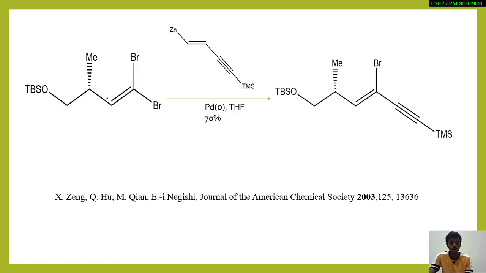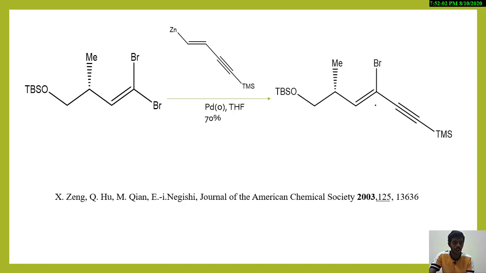This is the starting material. See this, the bromide will be removed here. In the presence of bromide, this alkyne will attach here, and this will couple to the starting material, and thus the coupled product will be obtained in the presence of zinc bromide. Here the zinc and the leaving group is present, and here the halide is present. Thus it is the Negishi coupling reaction, which is reported in JACS in 2003. Thus the coupled product of the compound is obtained.